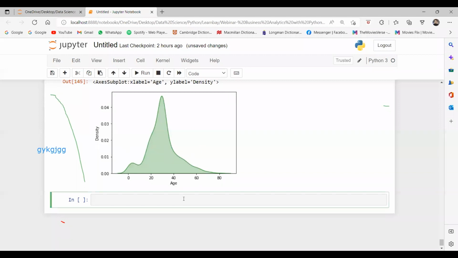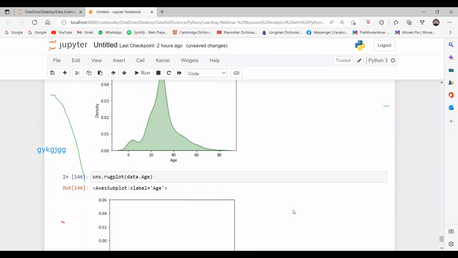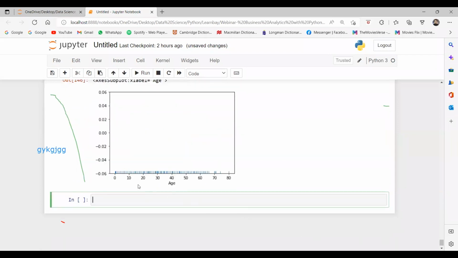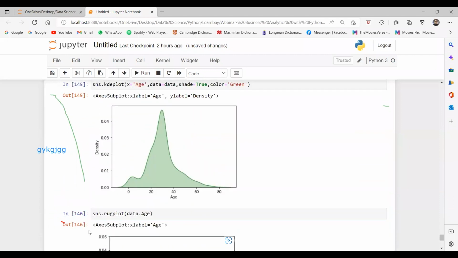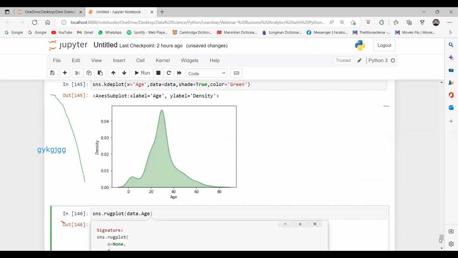We also have the rug plot. For example, I say sns.rugplot. Rug plot tells how the data points are distributed, and I say data dot age column. Can you see these small bars here? We can increase the size. So that is the height object we have here.